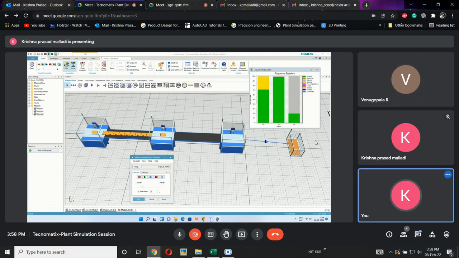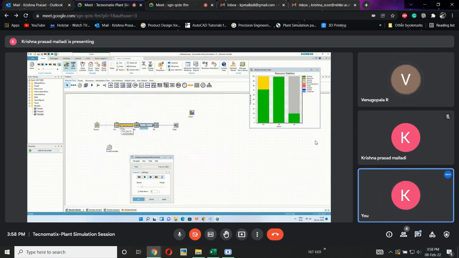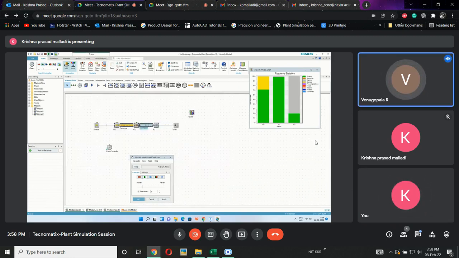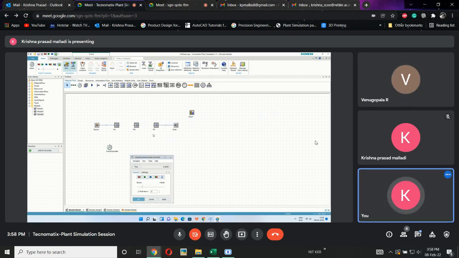All these material handling details will be clearly visible only if we use this type of 3D representation. But in 2D, we can't see all these things in actual. Here I have used a conveyor, which is why there is a representation. If I use a connector directly, it is not visible. Only the green color light we can see, and with that we can't say what is waiting and what is blocking. Now I have defined these things.